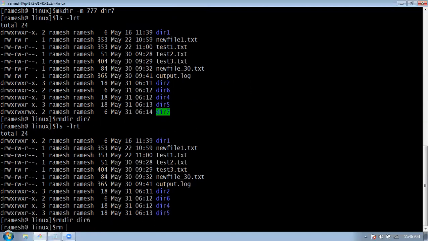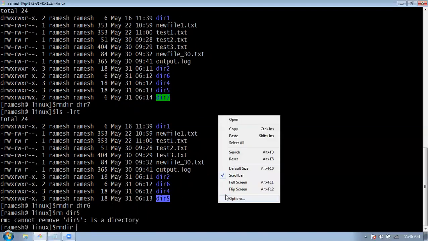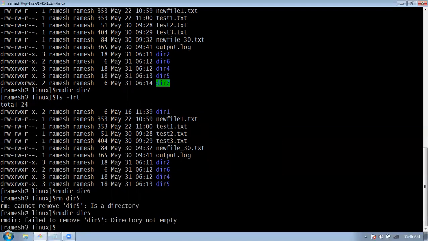Now let me try to delete 5. This is giving an error message, cannot remove. Sorry, let me try rmdir and then directory 5. It says failed to remove directory, the directory is not empty.